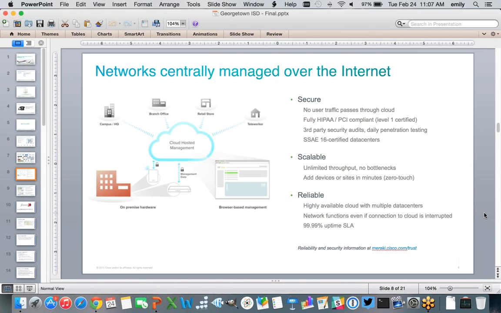So I just want to highlight an overview of how the Meraki solution works. Like I said, we make access points, switches, security appliances, and mobile device management, and all of these are 100% cloud managed. So what do I mean by that? Well, the gear, the access points, the switches, for example, the security appliances will sit on site at your schools. So your campuses, wherever they may be, your main offices, things like that, possibly at homes if you're orchestrating a teleworker deployment, and the Meraki equipment will initiate a secure connection back to our cloud.